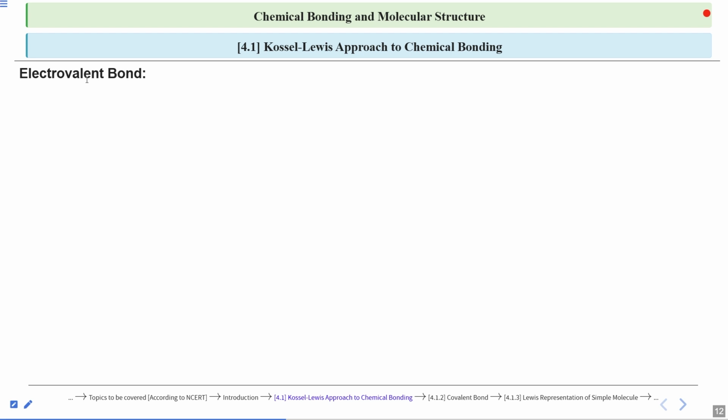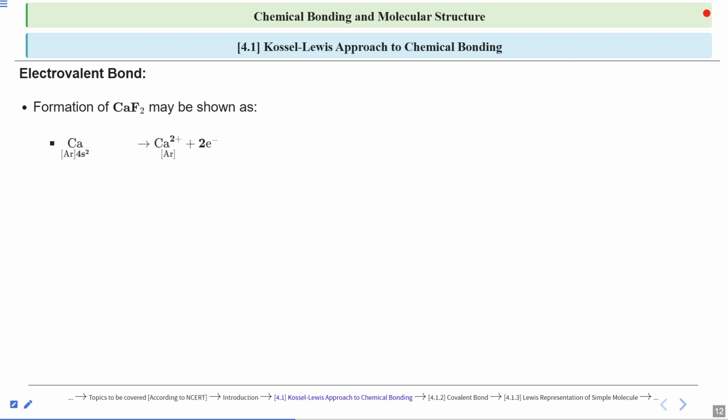Now, coming back to the electrovalent bond, we can take the example of CaF2. So, calcium is of course what? It is a metal. Now, which group and which family it belongs to is up to you to decide. And same for the fluorine. So, I am trying to connect it with the previous chapter. Okay, now,